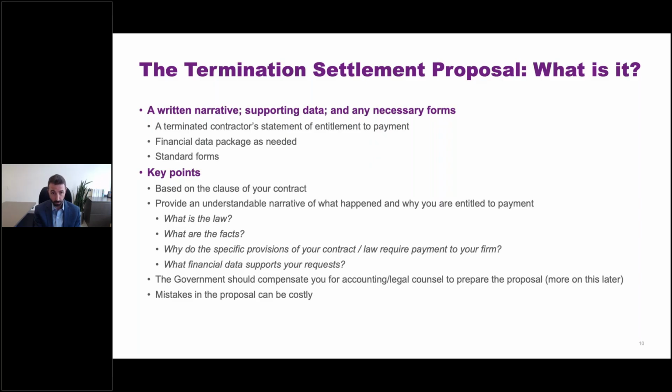And I just want to foot stomp something here, and I'll say a few more I think I've said before, and you'll hear me say it again. The government, under the standard FAR clause, will compensate a contractor if it needs outside assistance to prepare its proposal. So if the contractor wants to bring in outside legal counsel to advise on that, your outside legal counsel fees can be allowable. If you need an accountant or a cost consultant to help you organize the data in a way that makes it understandable and easy for the government to read, the cost of having that outside consultant can be allowable. So take, as a contractor, think about that as you're going through this process.